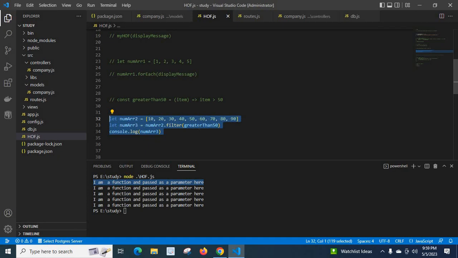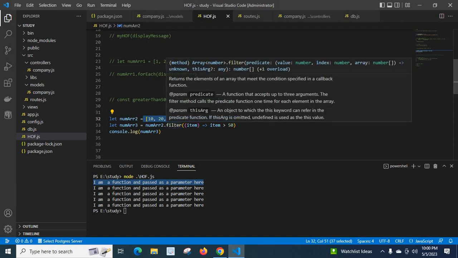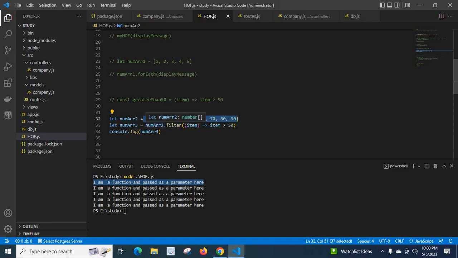Let me uncomment these lines and let me copy this one first. Okay. Here I declared another array, num array 2, and it has values like 10, 20, 30, etc. Then I am calling the filter method on this num array 2 array. The filter method returns the elements of an array that meet the condition specified in a callback function. So this filter will be executed on each item of this num array 2, and based on this